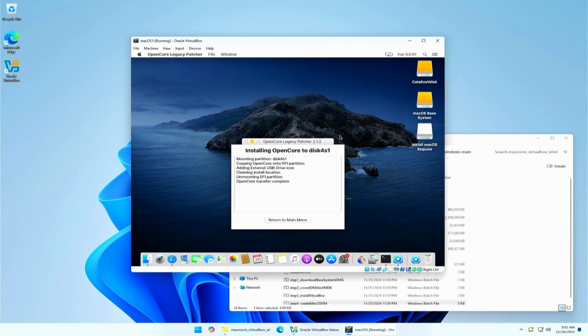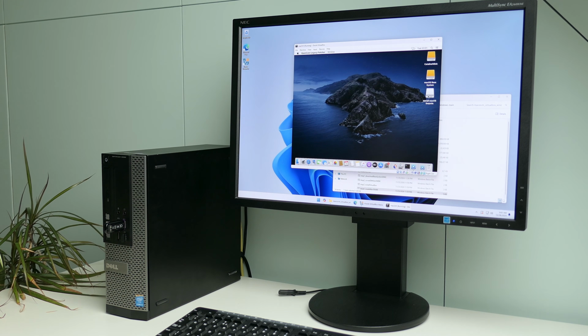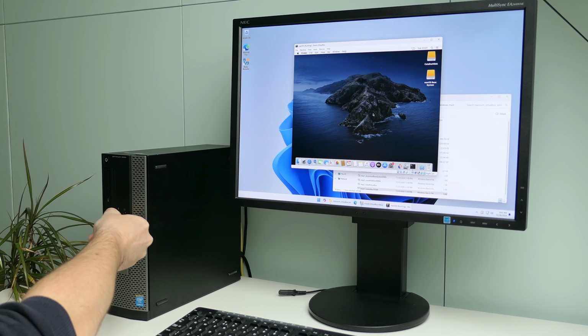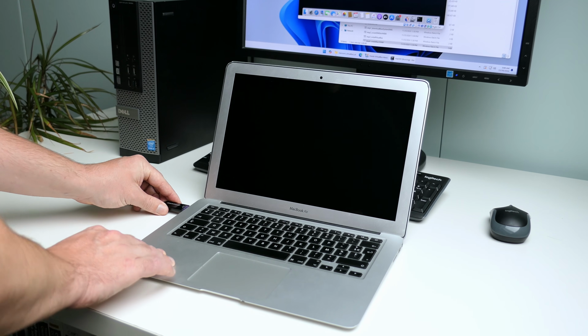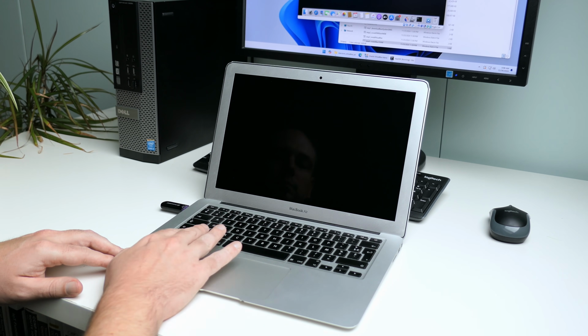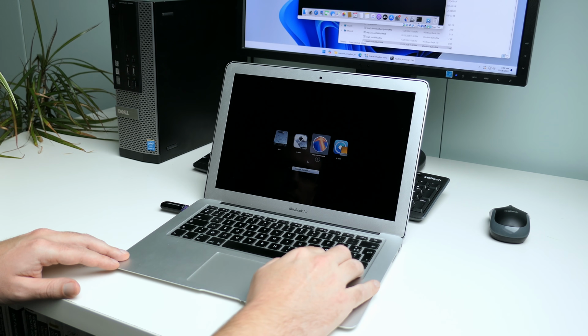As we did the test already on a supported model, let's go ahead now and do the same for an unsupported model and check if the USB drive actually works here. So I'm inserting it in a MacBook Air early 2015, power it on, and here I need to hold the Option key in order to bring up the boot menu. We can already see the USB drive appear here, that's already good.